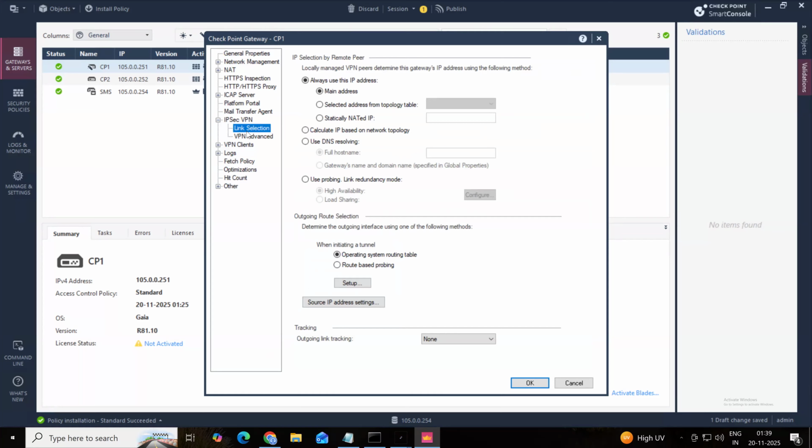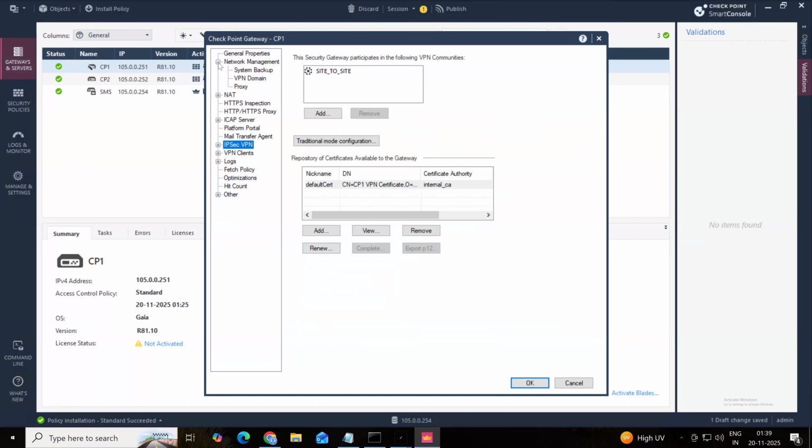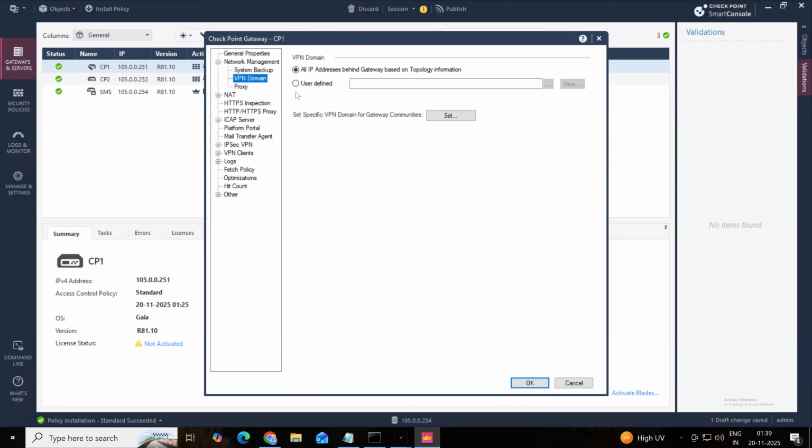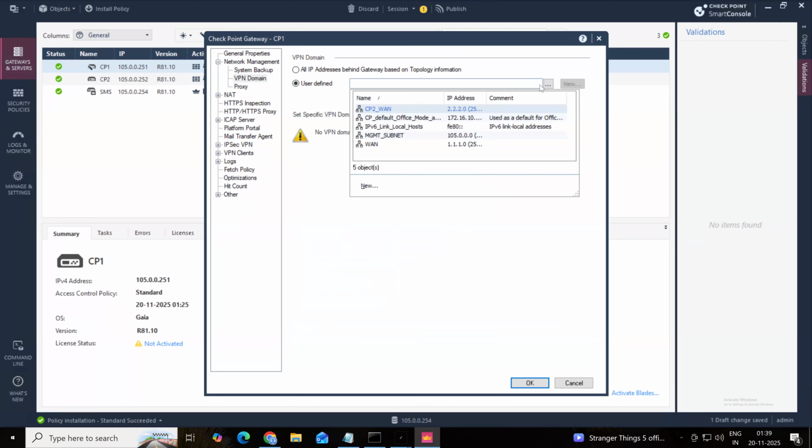VPN clients, wait. IPsec VPN. Okay, come to network management. Under the network management, you have to define here. It is asking you to define what is my public IP. CP1 public IP is